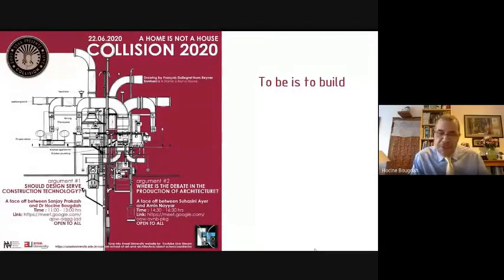In a way, I'm talking about four slightly different aspects of the same argument. My starting point was to build is to be. But then that became a series of, if you like, mini arguments. One of them is that the home is not a house. The second one is looking at globalization and how it affects identity, and the role particularly of architects, or some architects, unfortunately, who I would say sold the side and turned their coats and became simply tools in the hands of global powers.